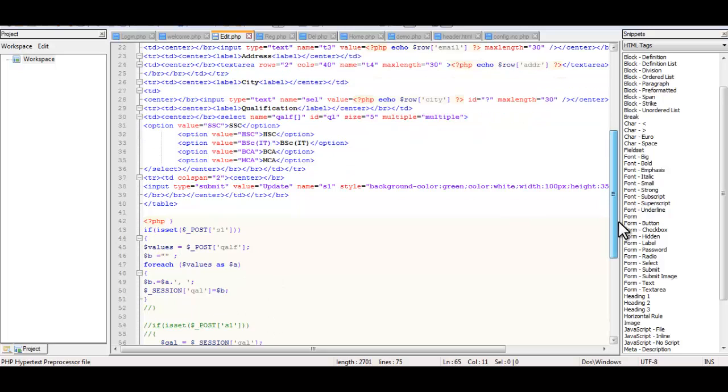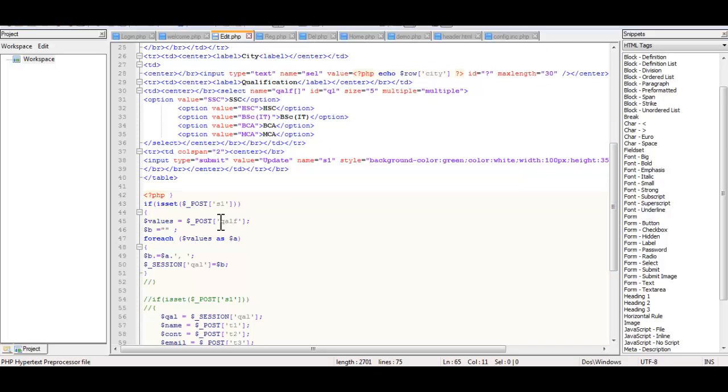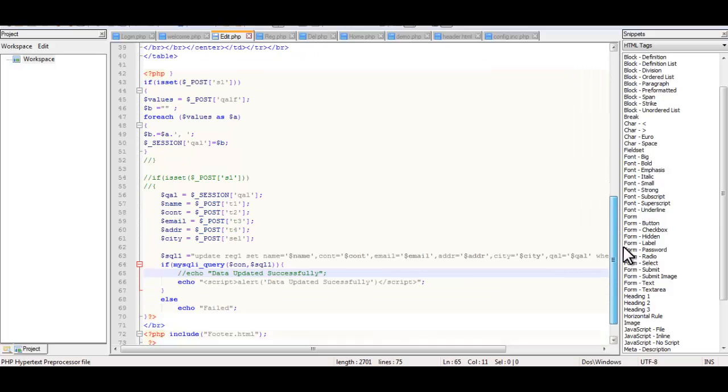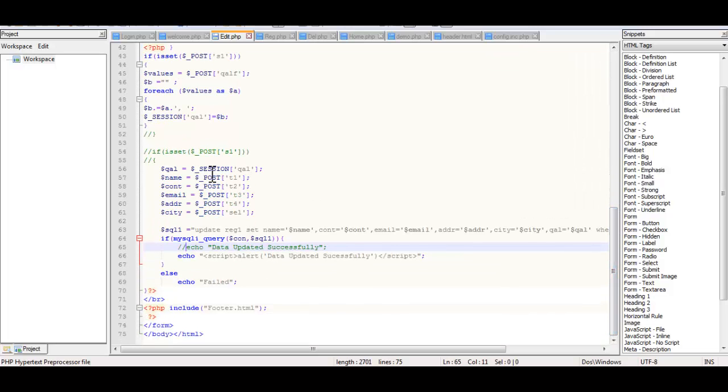first I have taken the values of all the list box in this values variable, fetching the values of the list box one by one, since I've enabled multiple selection. Okay, so the same way I have done for everything. Whatever the user has updated in the controls, all those values will be taken in the variables. Okay, and then the next step is to write the